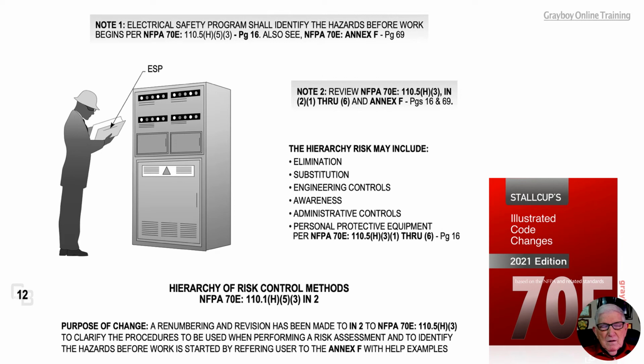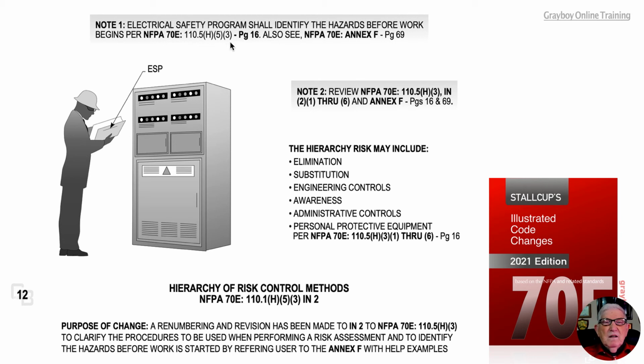15.H3, and an effort to clarify the procedures to be used when performing a risk assessment and to identify the hazards before work is started by referring the user to the Annex F, which will help with examples and aid the user of 70E in a big way. Now, looking at Note 1, electrical safety program should identify the hazards before work begins is outlined in 70E